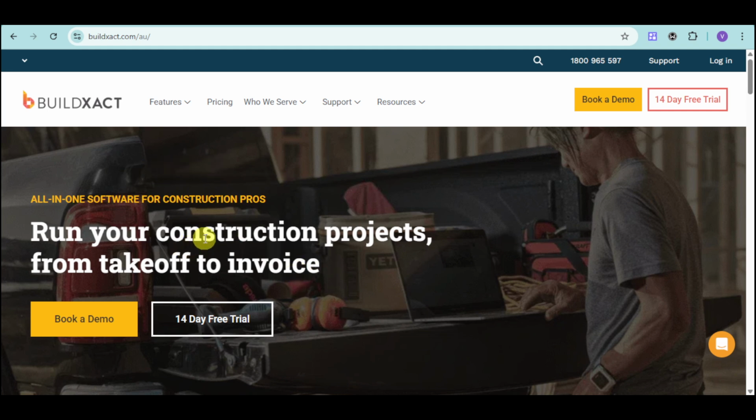This is actually a cloud-based construction management software designed specifically for small builders and contractors. Buildxact simplifies your workflow from initial takeoff to final invoice, helping you run your business more efficiently. Imagine completing takeoffs up to 80% faster, generating professional quotes 5 times quicker, and managing your entire project lifecycle from a single platform. With Buildxact, you can achieve all this and more,